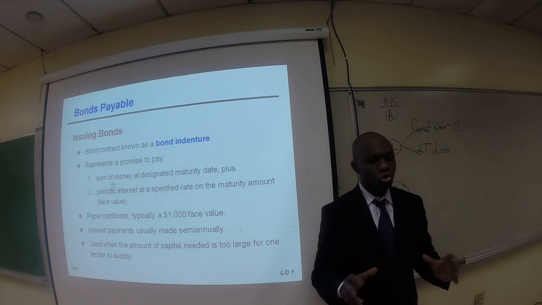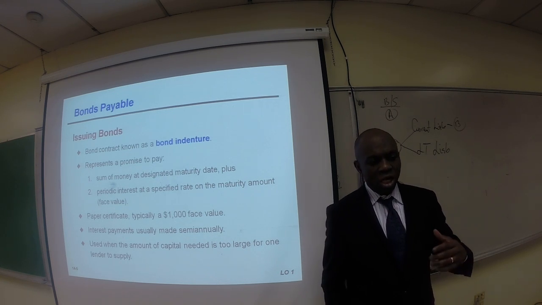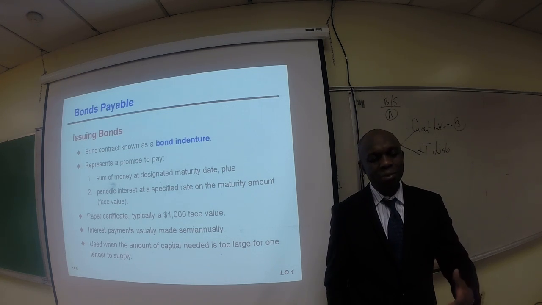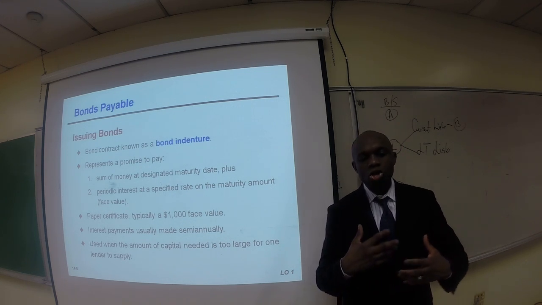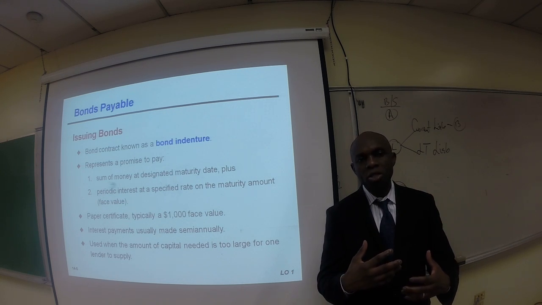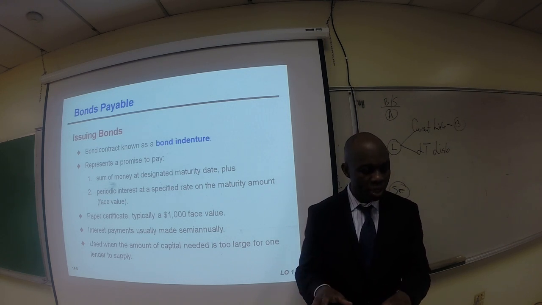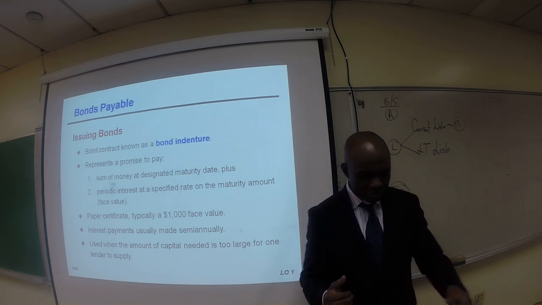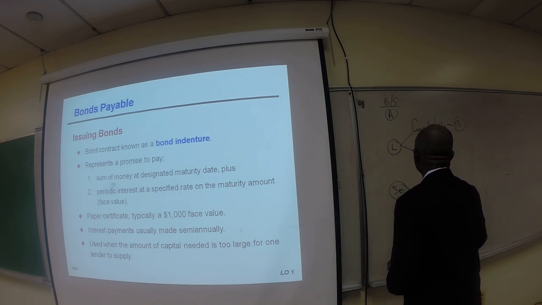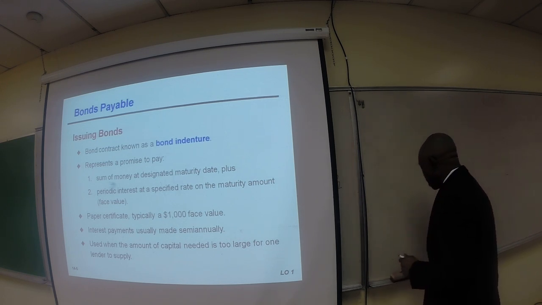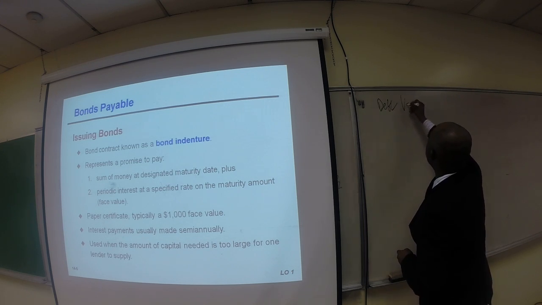So, having said that, let's take a look at the basic characteristics or issues regarding a bond. So, issuing bond. We said that a bond contract is known as a debt indenture. In other words, the company that is issuing bond has a contractual relationship with the creditor. That is the individual or the bondholder extending credit to the company. Now, let's back up for a minute. Now let's take a look at one important issue here, and that is the difference between debt versus